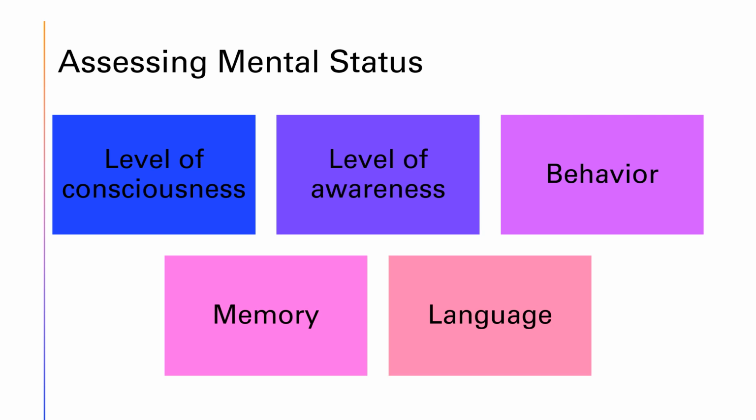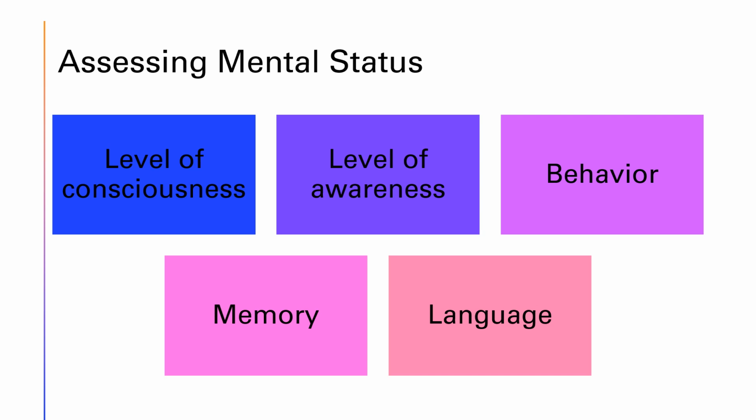Now, if you work night shift, your patients will probably be sleeping, so awake and alert might not be normal for 2 o'clock in the morning. Alterations in level of consciousness include lethargy, appearing drowsy or asleep most of the time, but can still wake up with stimuli like saying their name, and they can move their extremities. Stuporous means they're unconscious most of the time and must be shaken or shouted at to arouse. Comatose means they cannot be aroused even with painful stimuli.